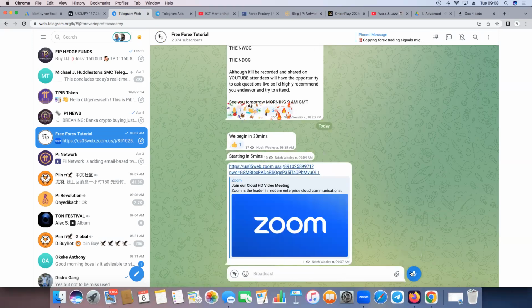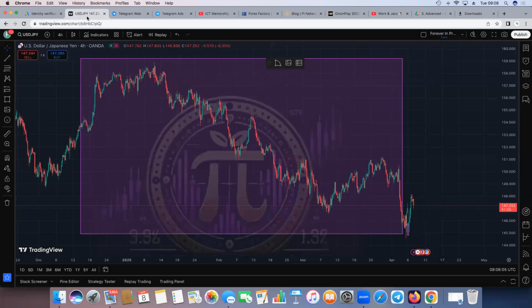Today is going to be very important because we'll be talking about the quarterly shift using the interbank price delivery algorithm, and to see how that has been really impactful within the first 3 months of 2025. So let's give a few moments for people to hop in before we get started with the classes. All right, let's go.